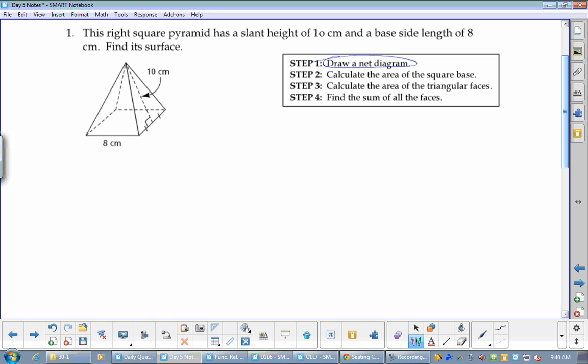It's like when you bought boxes before, you can buy them at Staples and they're flat, and that's a net, right? So if you were to go buy yourself a pyramid, I don't know why, but